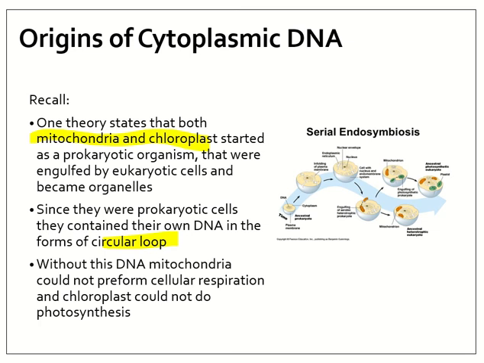So, just reviewing how they got their own DNA: the reason they're so important and have their own DNA within the cell is because without them, we wouldn't have cellular respiration and photosynthesis. We would not have that energy. If we didn't have cellular respiration, we couldn't take glucose or stored energy and convert it to usable energy that our bodies need. Without chloroplasts, plants would not be able to take sunlight and convert it to energy that not just they need, but every other living species needs as well. So that's why these two organelles are considered so important.